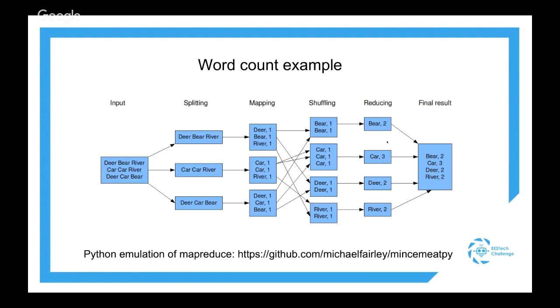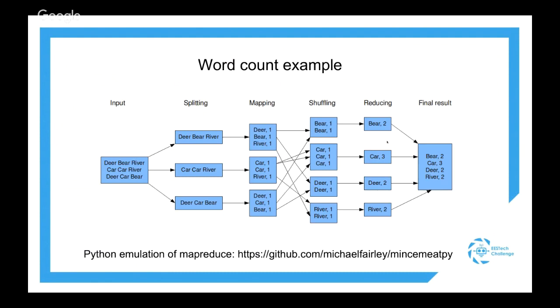This obviously will give you the answer, but it will take forever, especially if the file is huge. So in this case, the way that MapReduce would solve this problem is that you will split the file into smaller chunks. These smaller chunks will be assigned to different workers. And these workers essentially will take each one of these smaller chunks and will create the mapping, which is